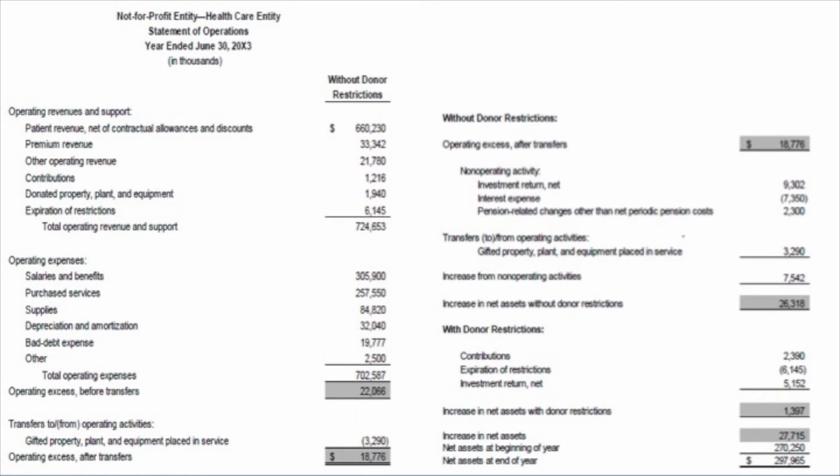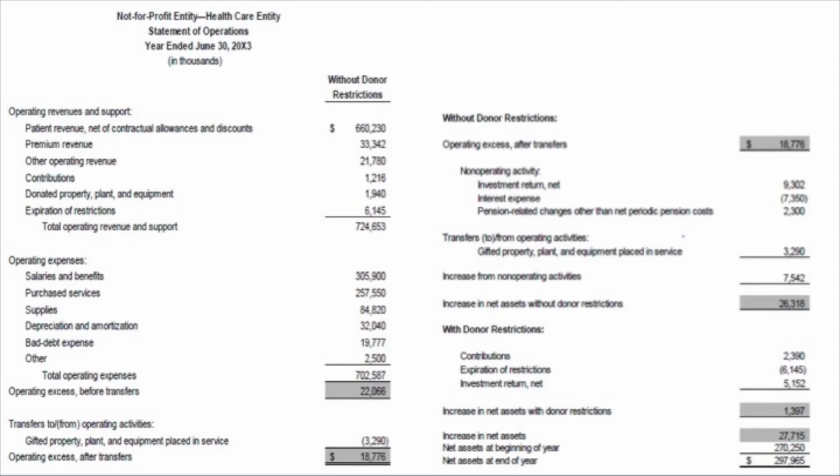And I also wanted to show you for the healthcare entities that are with us today, if you flip to the next screen, this is the same statement of operations, as you would call it, for a nonprofit healthcare organization, but you would see it's the same information as on the statement of activities for a regular not-for-profit, but you see it flow straight through of activities without donor restrictions and coming down to your operating excess of the 18,776 or 18 million on that page, which for most healthcare entities, that would be your performance indicator, and then